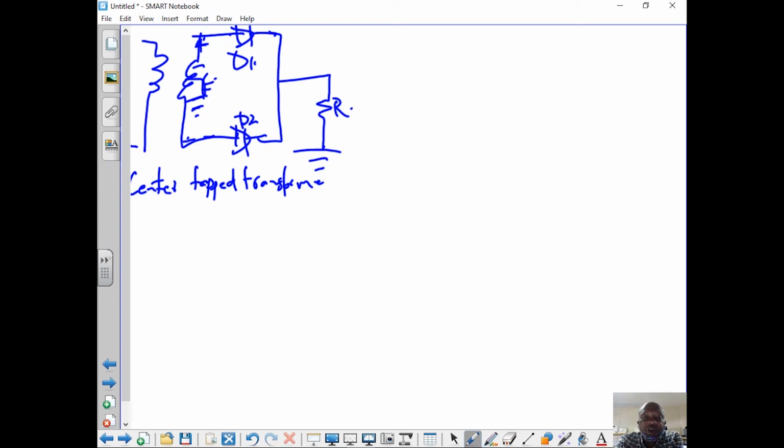Remember the voltage here on top, it's V sec divided by how much? 2. Whatever calculation you have. Remember our V sec was how much? Let's say we're using a similar transformer with the same turns ratio. It was 11 volts